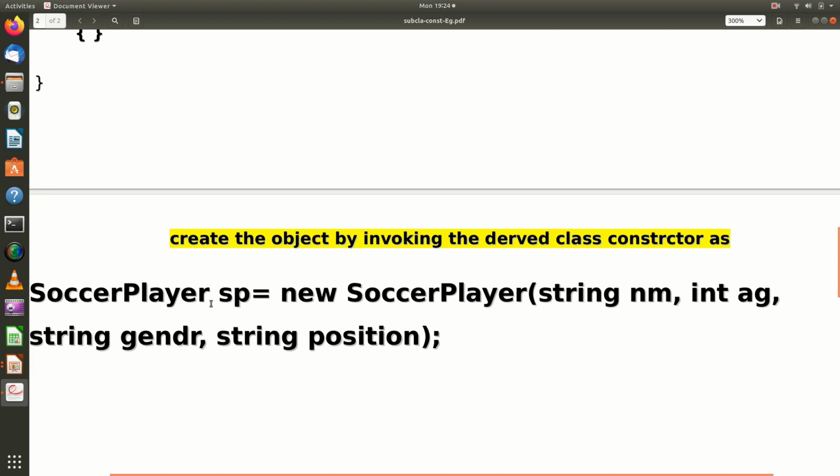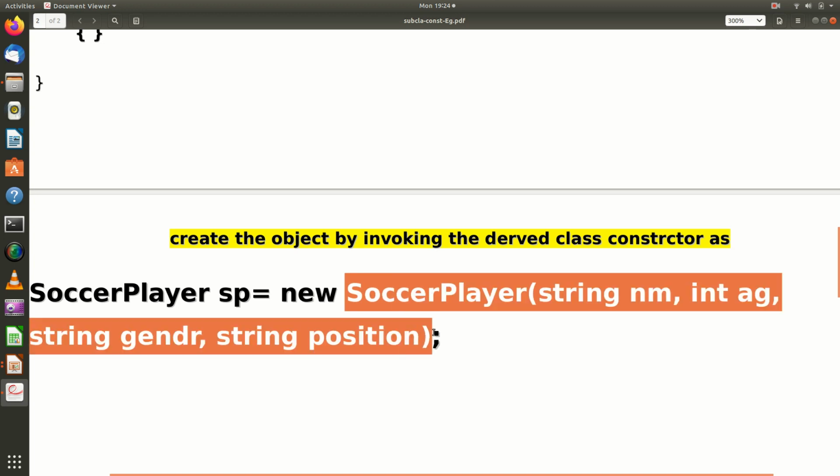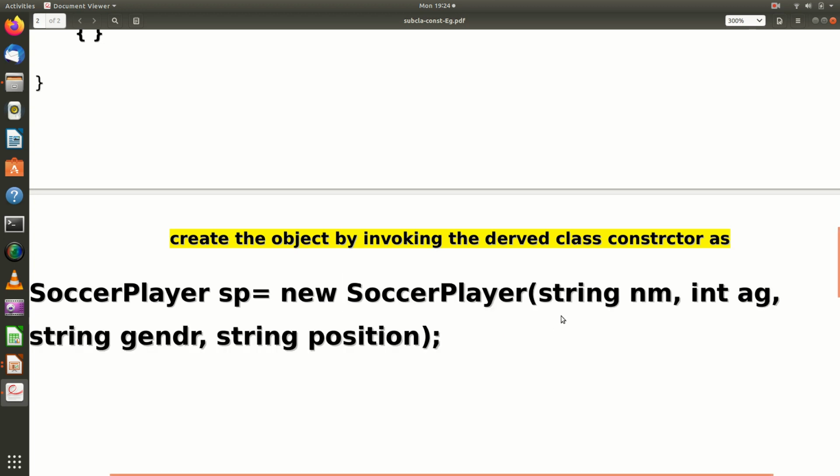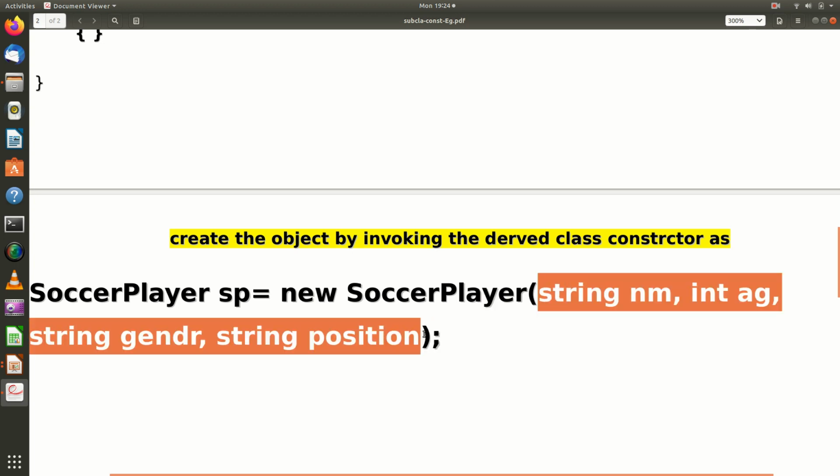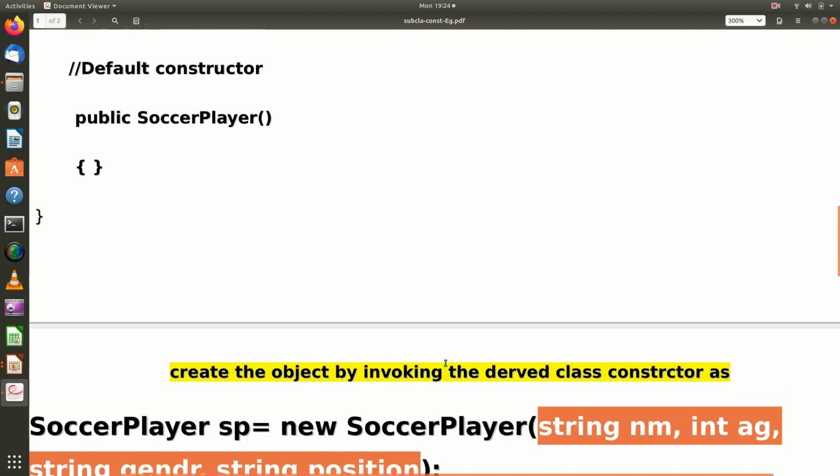I create an object and use the new operator to create the object, and I invoke the constructor. So when I invoke the constructor, what am I doing? I am passing 4 arguments. What are the 4 arguments? Name, age, gender and position. These are the 4 arguments I am going to pass.